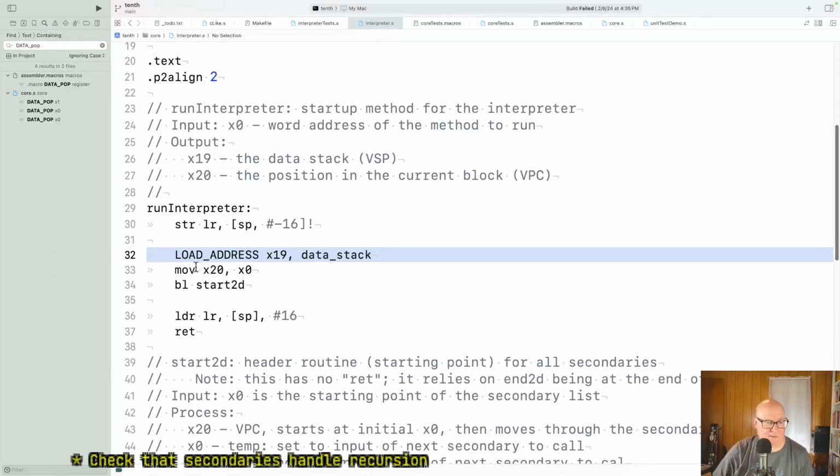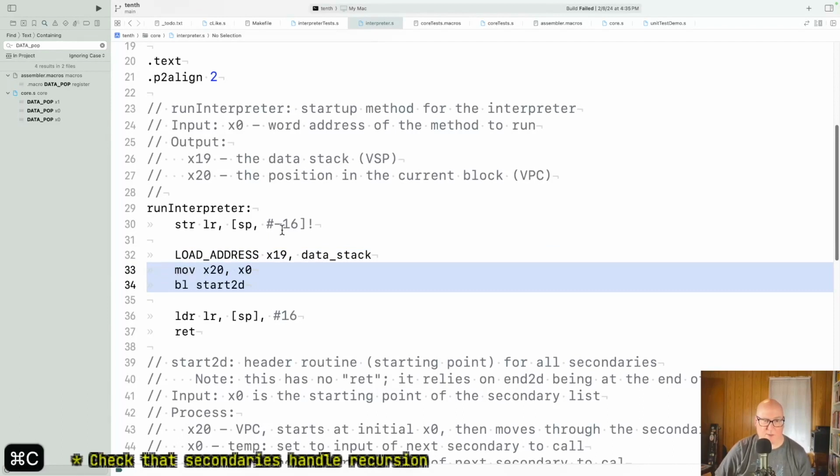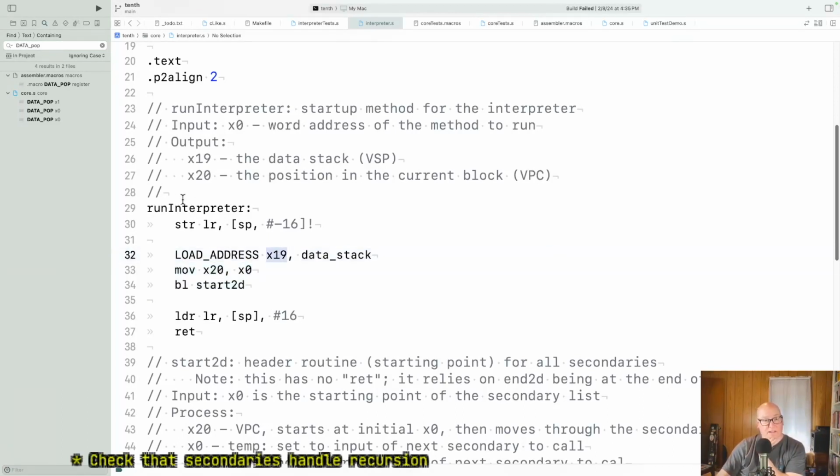I'm going to do it this way for now, but I think we really probably need to not initialize this in here, because